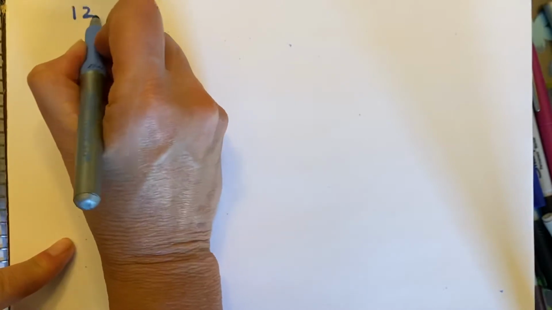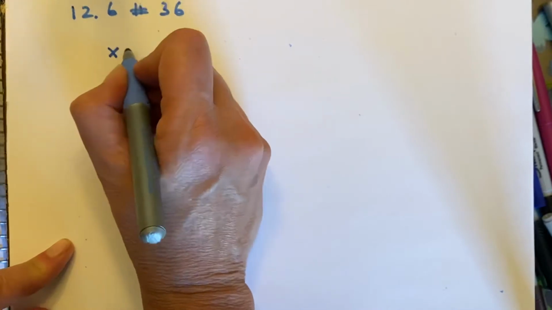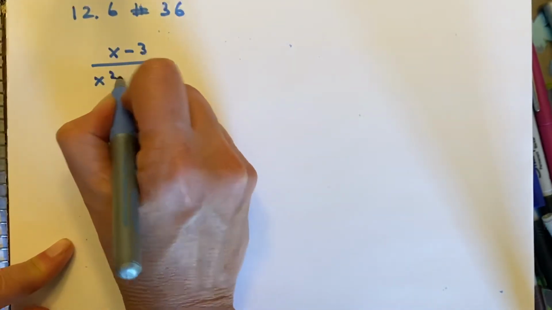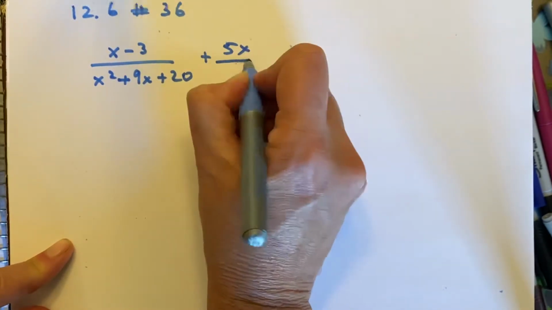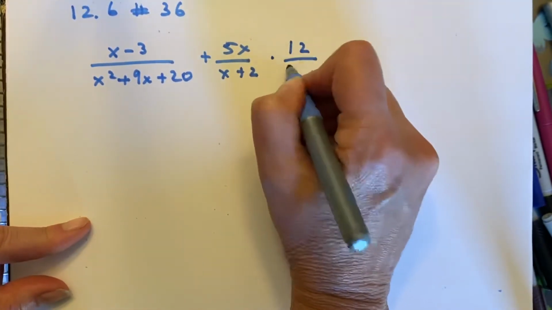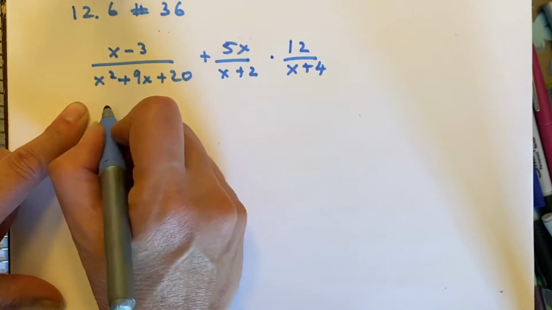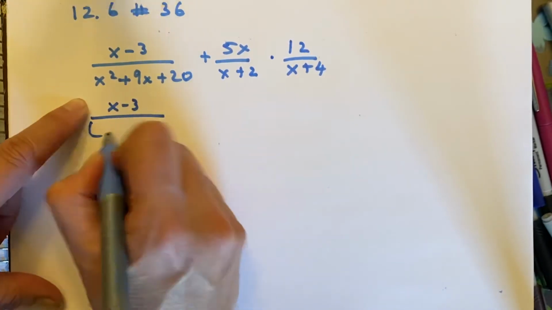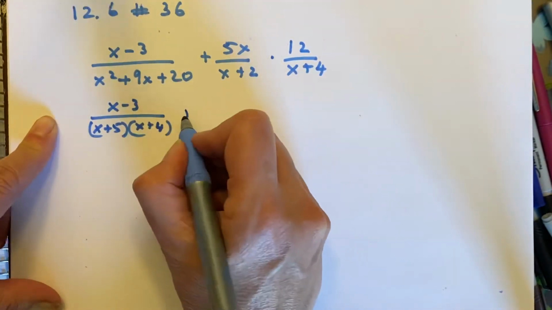Okay. Now you also asked me about number 36 in 12.6. So I'm going to do that for you. So this is 12.6, number 36. X minus 3 over x squared plus 9x plus 20 plus 5x over x plus 2 times 12 over x plus 4. So first thing is I have to factor this denominator, so I get x minus 3 over x plus 5, x plus 4, plus